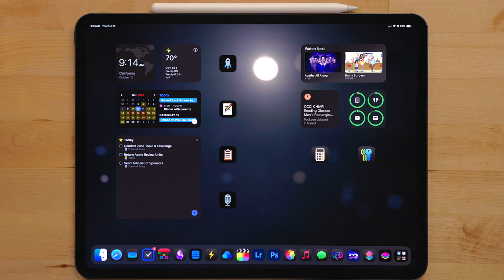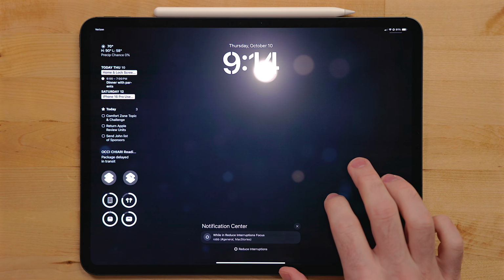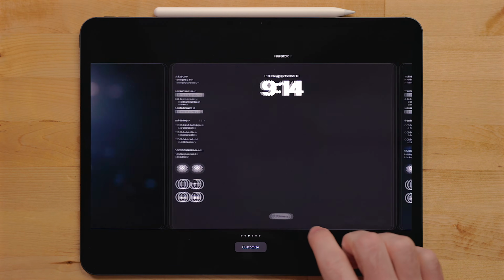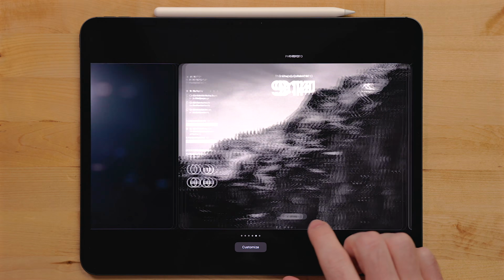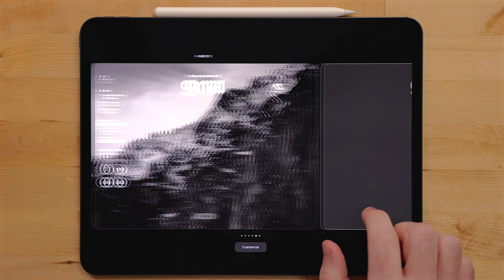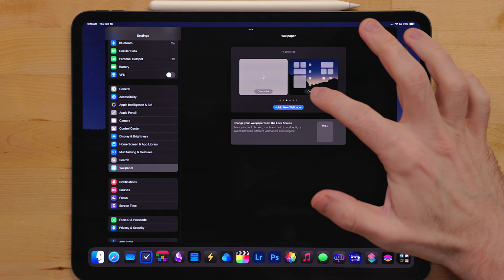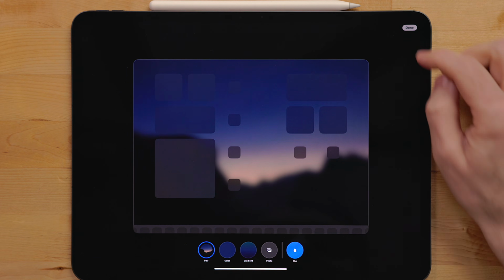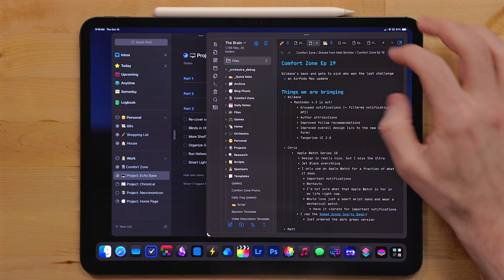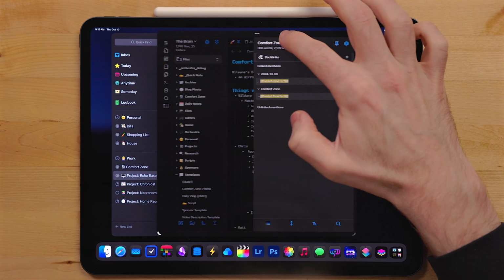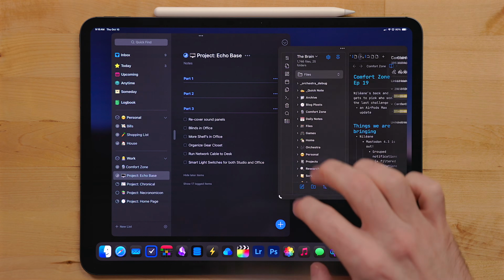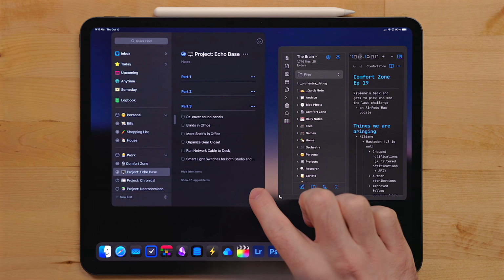I always use wallpapers to signify what focus mode is active. I did this by setting up specific lock screens for each mode, and then having the lock screens and home screen wallpaper tied together. One thing I have been enjoying is I've been using the built-in blur feature for the home screen wallpaper. This adds a nice separation between apps and the background when using Stage Manager. To enable this, go into Settings, Wallpaper, pick Customize, and then select Blur.